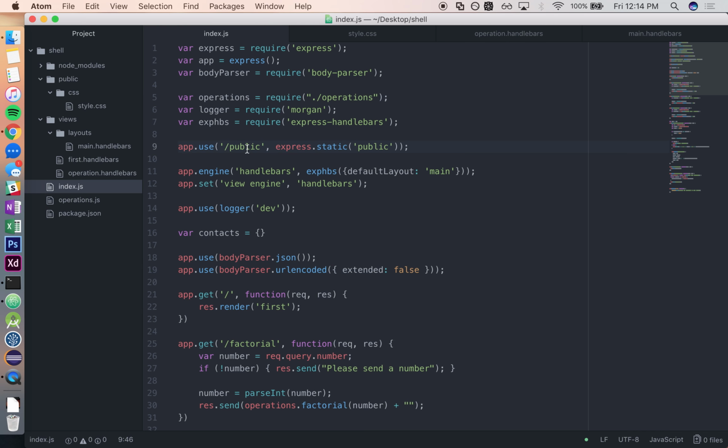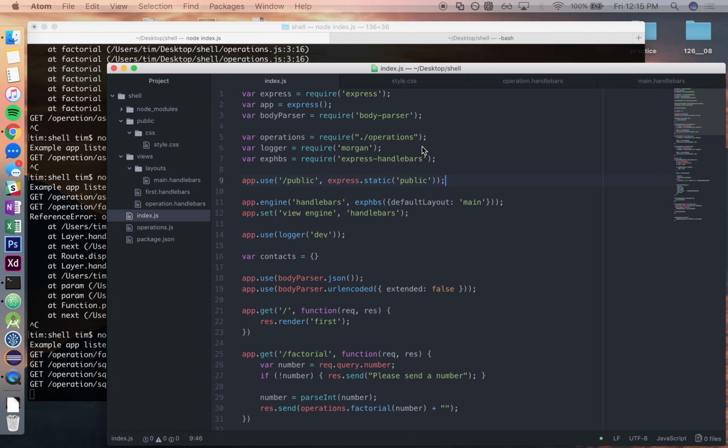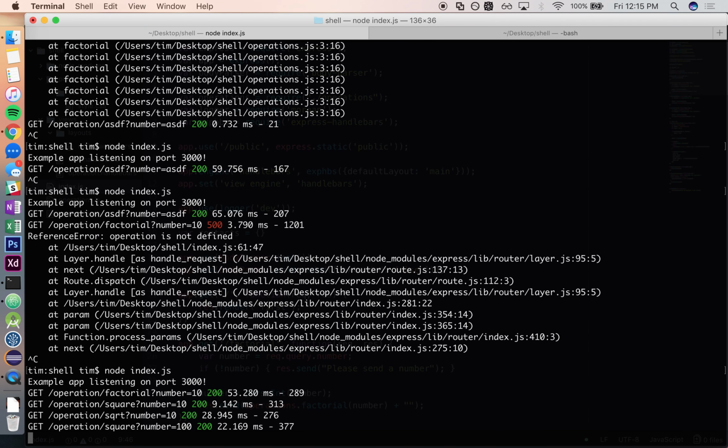If we want to use CSS, we have to make it so that Express can serve these files on our own server, right? So this app.use is serving up this folder called public, saying these are all of my static files, please use them. And this line makes it serve your public folder directly as files under the /public root. So if we restart our server,